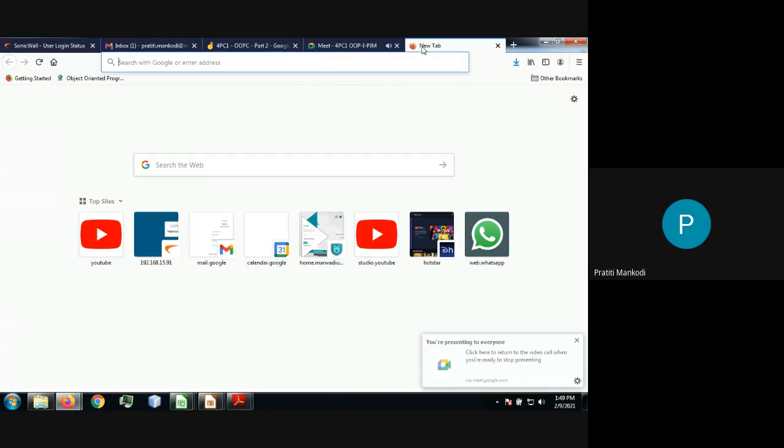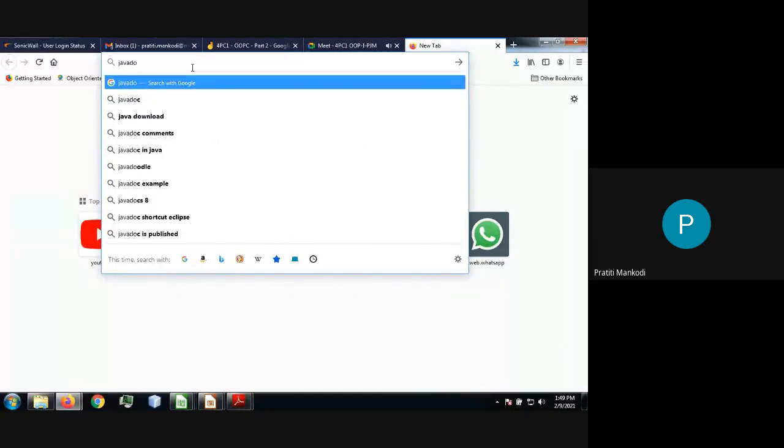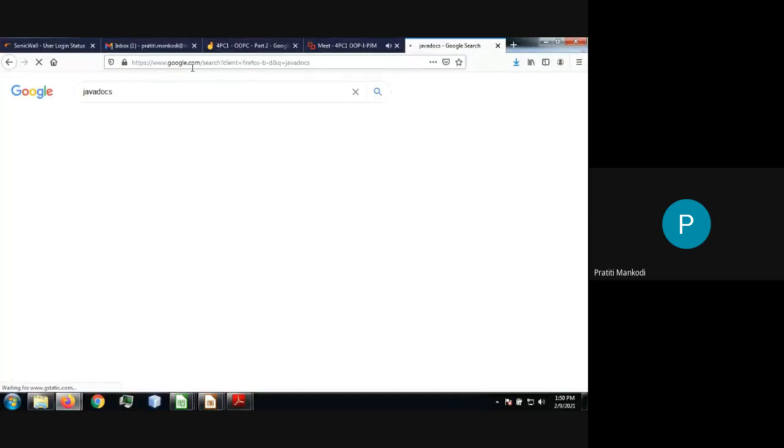Now the thing which I wanted to show you is in Google. Suppose you want to know how many inbuilt classes, how many inbuilt packages are there, and which classes have which inbuilt methods inside Java, right? It is very difficult because Java has so many inbuilt classes and functions available. So for that you have Java docs. So what you do, you just type Java docs,